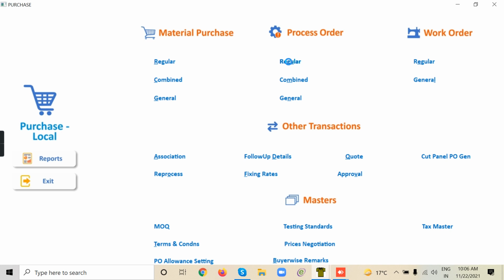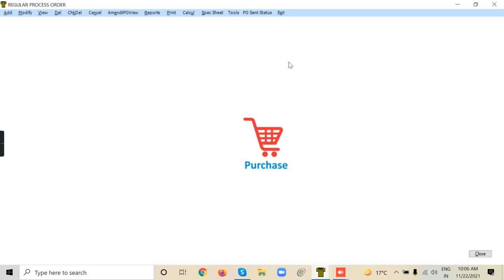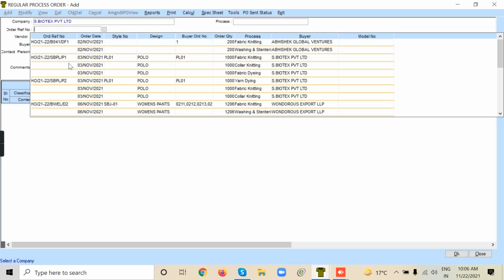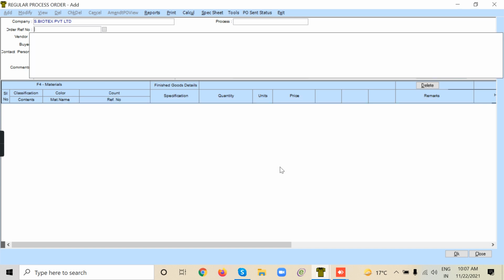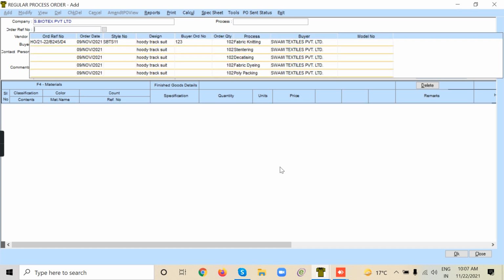Add, F8. Type D4 in the order reference number. That is the order number. Another way of filtering is using the style number.